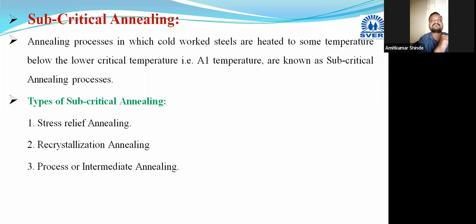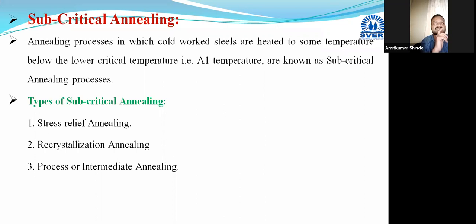Okay, I will repeat it again. Steel samples are heated at a temperature range of 500 to 550 degrees Celsius and held at this temperature for 1 to 2 hours, and then slowly cooled in the air medium, and hence these stresses will get relieved from that component without changing its hardness. This is termed as stress relief annealing, and as it is conducted below the subcritical or lower critical temperature, that is the A1 temperature, it is also termed as subcritical annealing.